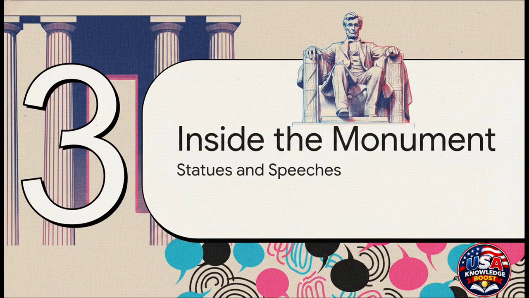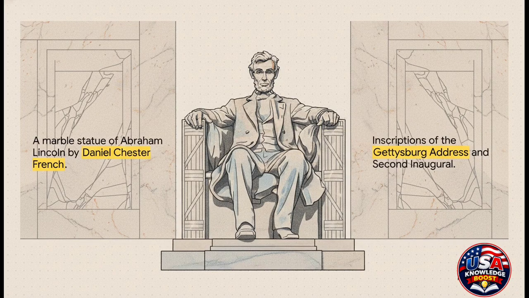Chapter 3. Inside the Marble Monument. Once you step through those columns, the architectural strategy shifts completely. It becomes this incredible study in contrasts. The inside is divided into 3 distinct chambers. The central chamber is kind of like the Holy of Holies. It's totally dedicated to physical visual art, dominated by that iconic marble statue of Lincoln by the amazing sculptor Daniel